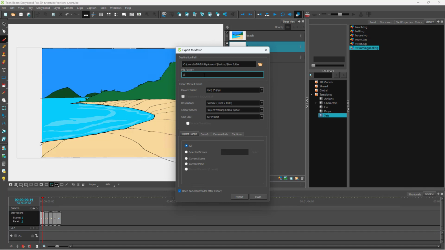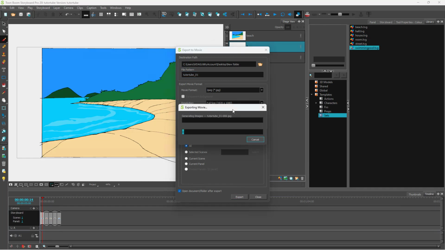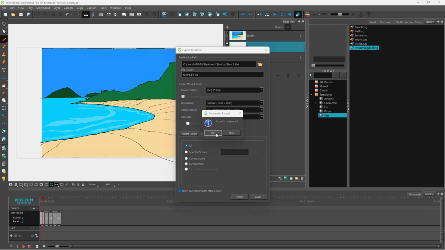You can also add in a file pattern right here. So let me add in tube right here, _01, just like this. Then I'm going to select the same folder and click on export. And what happens is that now again everything gets rendered out as a JPG sequence. It's generating all the images, as you can see right here, and all the files have been exported,